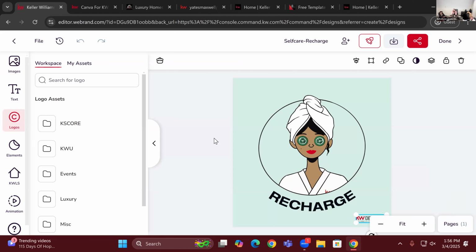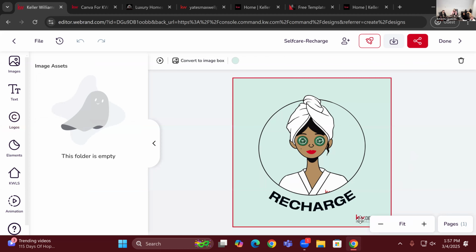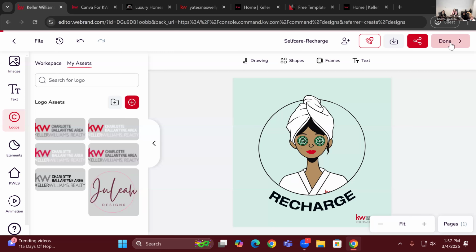Now, it's totally up to you if you want to add that in there to remind people that you're at KW Valentine. How we could do that is if you click on that logo, and I know it's kind of hiding on the bottom here, and then go over to My Assets, you're gonna get this circle icon. If I'm not clicked on it, I only get one plus icon, but if I click on it first, it's a little finicky sometimes, I'm gonna get this replace icon so that I don't have to go resizing it. I can just put it in. And then, okay, this is ready to go. I can click done.